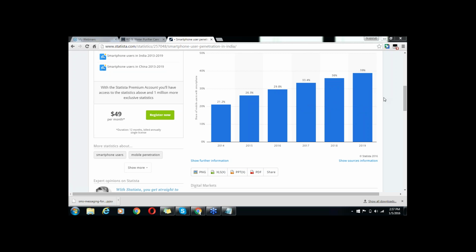Once that penetration increases, once every single person has a smartphone, once Modi's dream of Digital India comes true, once every railway station, bus stand, and entire city is Wi-Fi connected and internet is available everywhere, and every person has a smartphone in their hand. A lot of credit goes to low cost mobile manufacturers like Lava or Micromax. So when this percentage increases, you can imagine how much business and how many customers there will be.